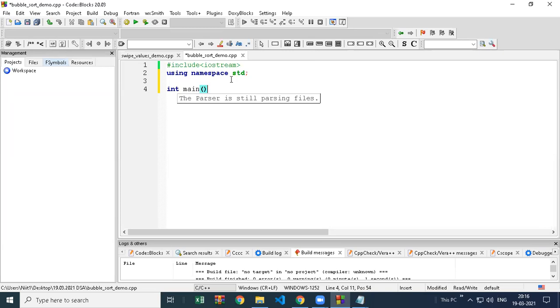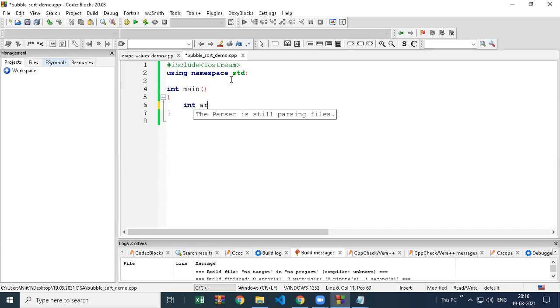Int main. So first I am taking one array to sort, int arr, and I will take fewer values only so we can focus on the concept easily. Okay, 3 values only.